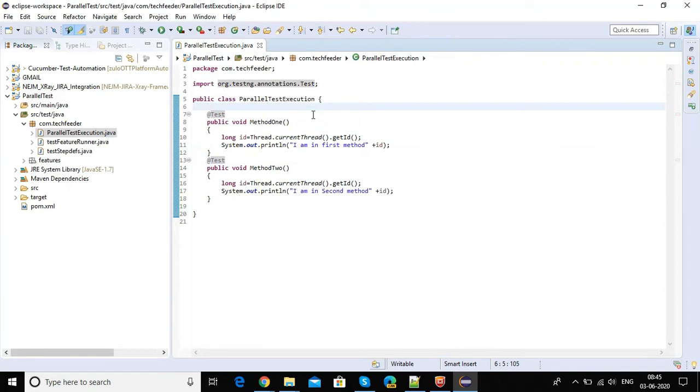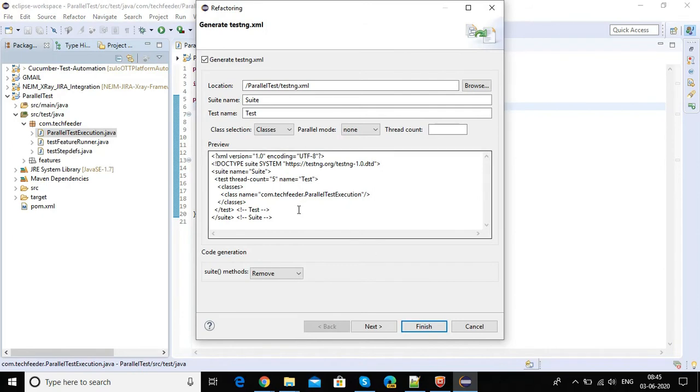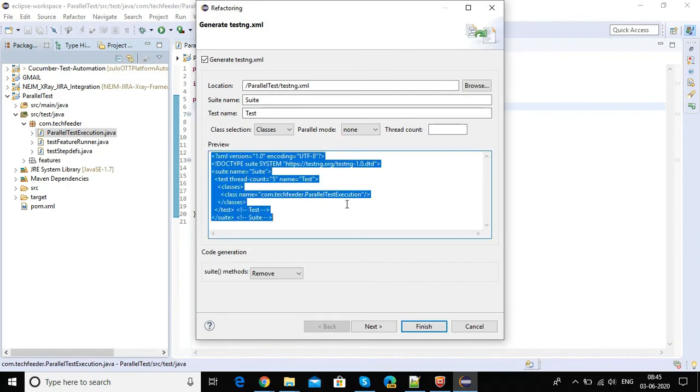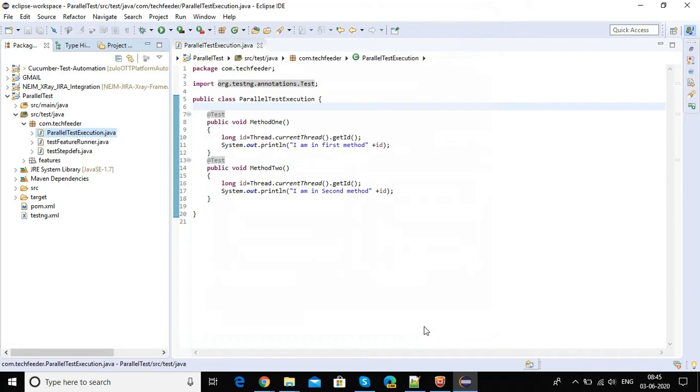Now to create a testng.xml file, or a runner testng.xml to run this class, just right click on this parallel test execution class, go to TestNG and click on Convert to TestNG. What it does is create a schema for that. Just click on next and finish. So here my testng.xml file has been created. Open this